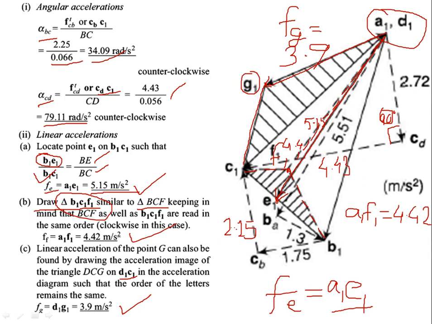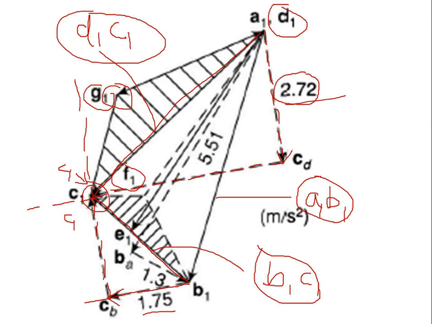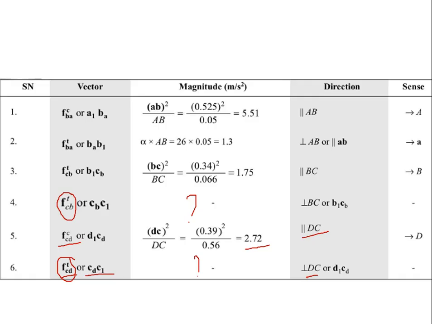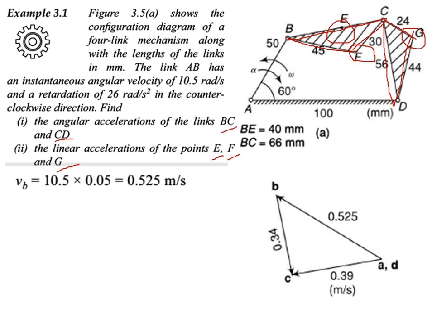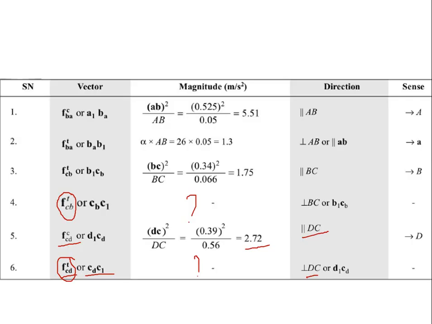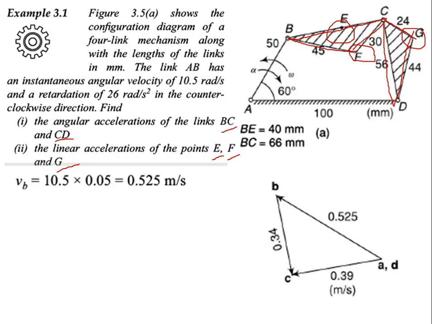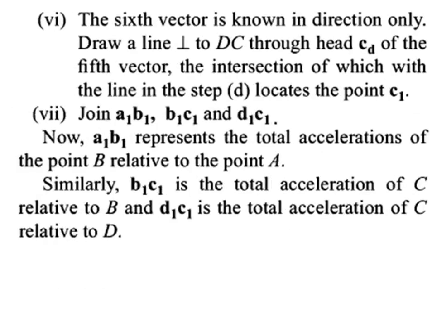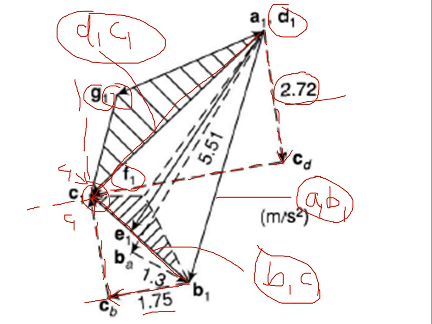Sir, in the velocity diagram, I got CD distance 0.41, sir. If you get some variation there, then we can't help. Here only we got a different answer. 0.41 I got, sir, in CD. So automatically there will be some difference. See, if there is some variation in velocity, automatically the acceleration will also have some variation. No problem. I told you 5 to 10% is allowed. Up to that is okay. No problem.